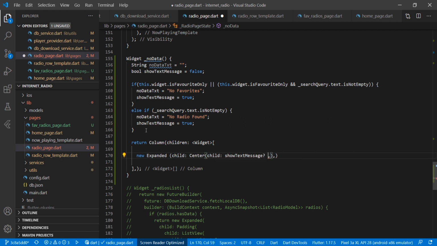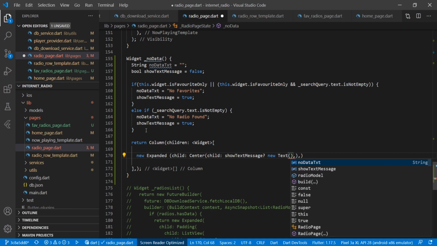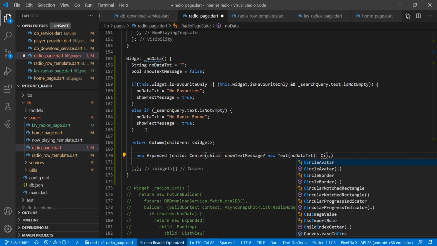We are checking here if show text message is true, then we will show our message here, that is new text and no data. Else we will show the circular progress indicator.